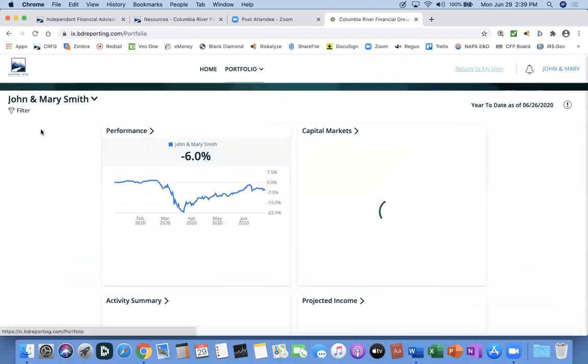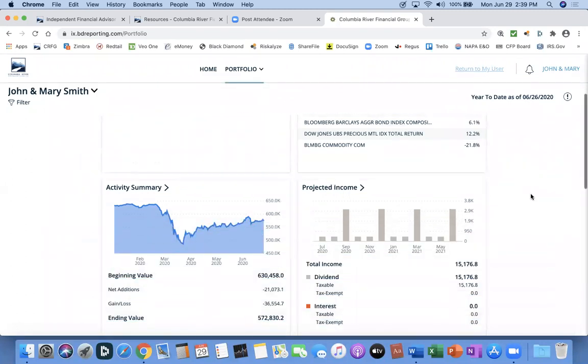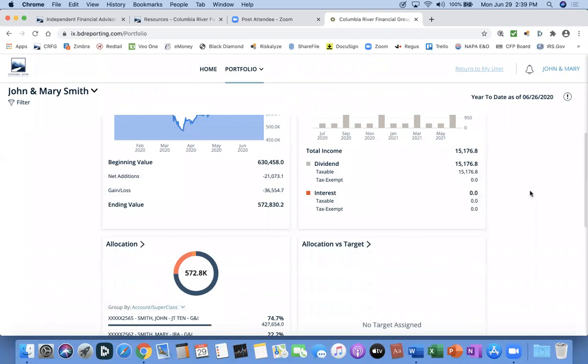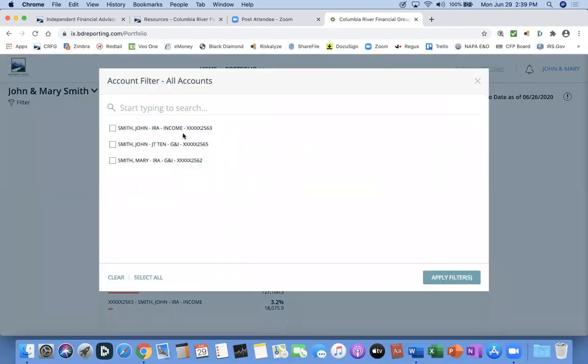We can go even a little further on an individual account basis here on the allocation versus target. And allocation versus target is definitely a place where you're going to want to use the filter, because each one of your accounts has its own portfolio assignment, meaning its own allocation. So if we choose the joint account here, apply the filter,